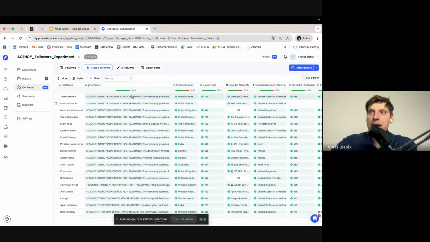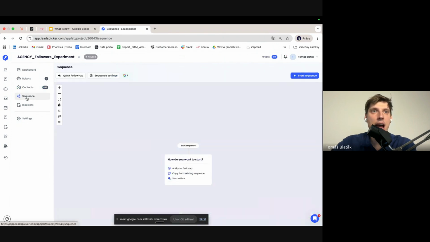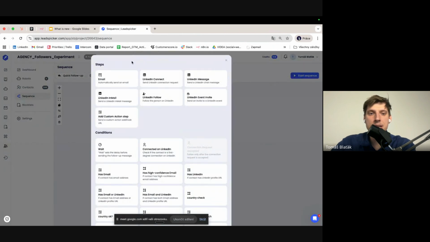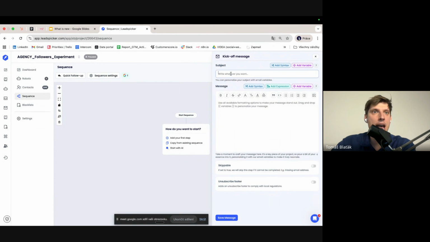Now I'm just moving forward to another thing, and that's the Spintax. I just click to the sequence, and this feature was launched this morning. And you will find it in an email message and also in the LinkedIn message. And right now I will describe why the Spintax is good. So I just put there some subject